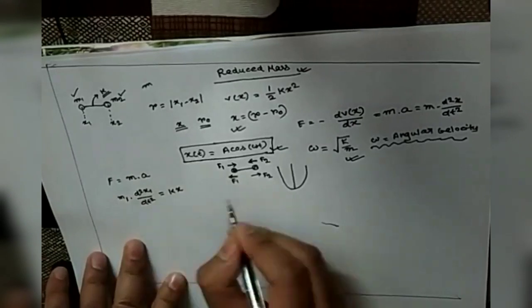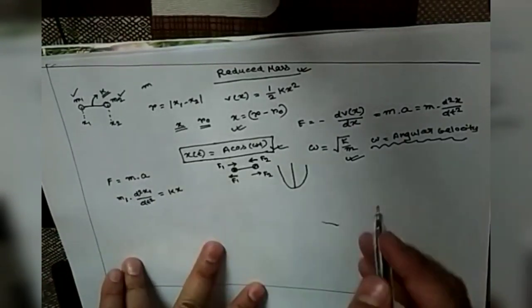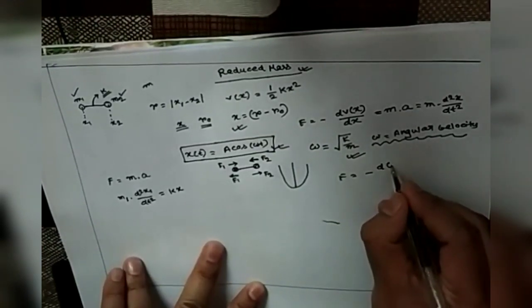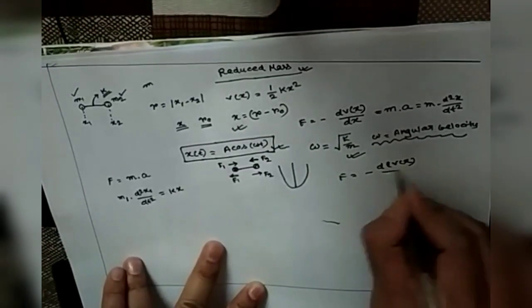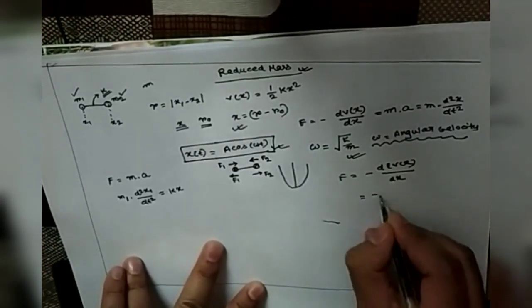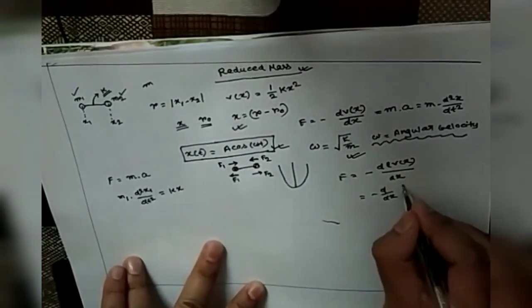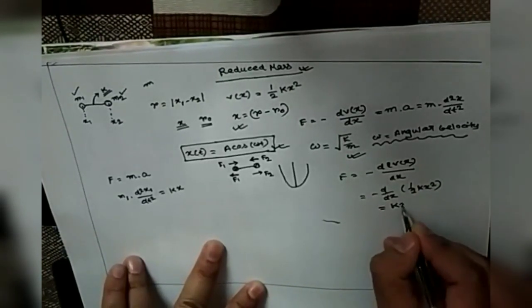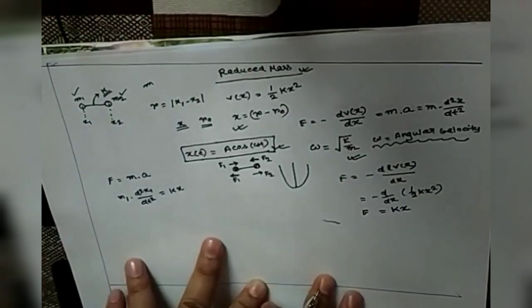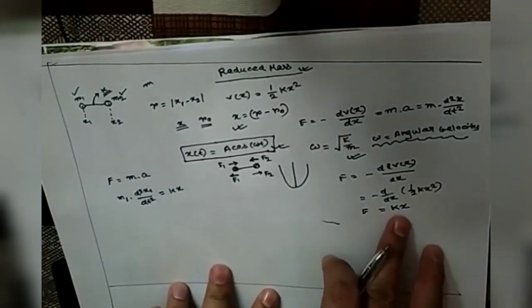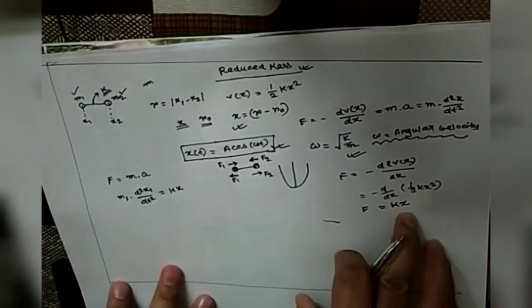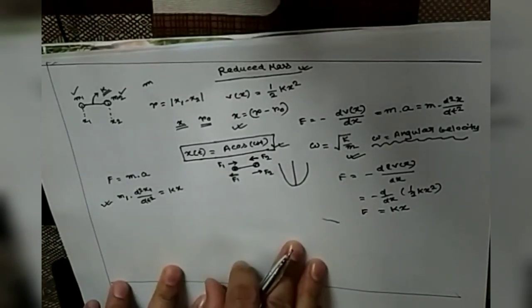kx. The force is equal to kx, that we have already derived: the force is minus the derivative with respect to x of the potential energy function, or you can say minus d/dx of half kx squared, that is equal to kx. So the expression of the force is basically the spring constant k times x, that is the deviation from the equilibrium position. So for the first atom, the equation is like this for Newton's law of motion.